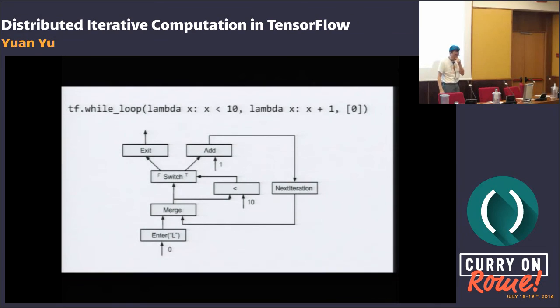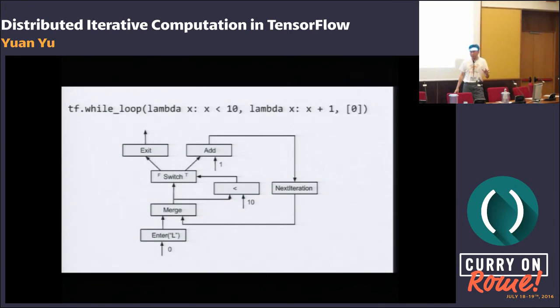Okay. Spark started as a batch processing system, and they started to add something about streaming.